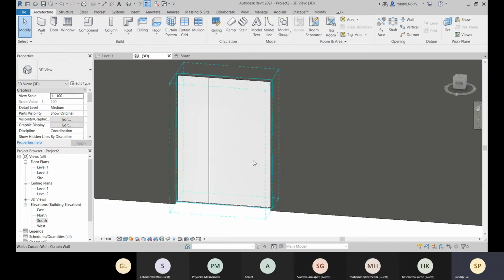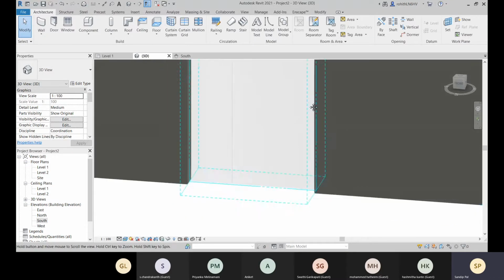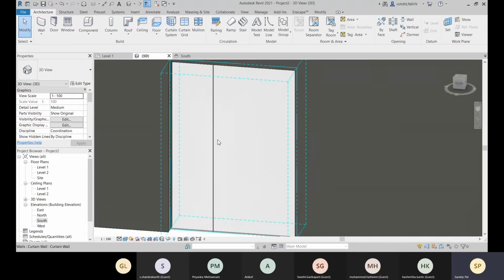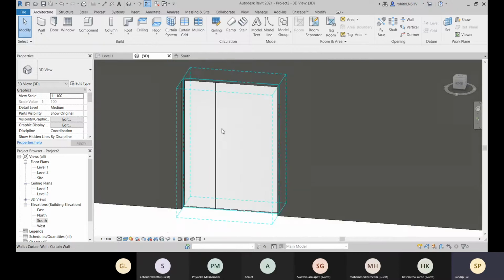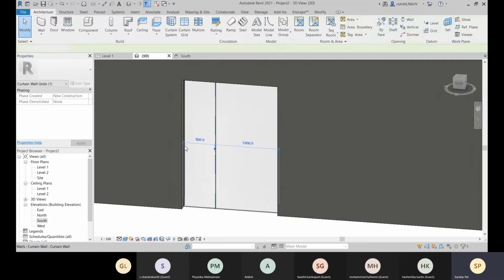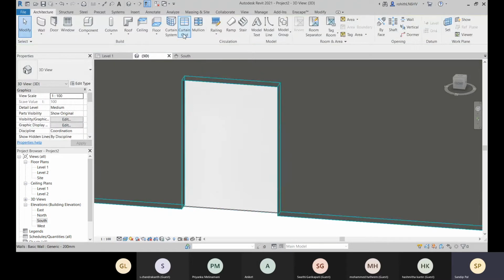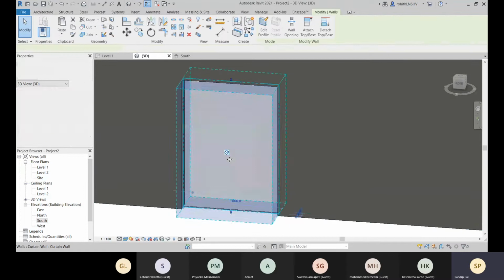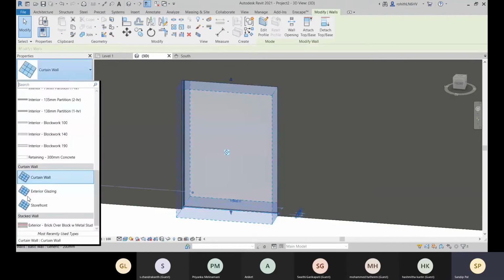That's the simple way. Now here you can see that we already have the borders and this grid we have placed. This one we have added with this curtain grid option. We can have this one with this type, exterior glazing.